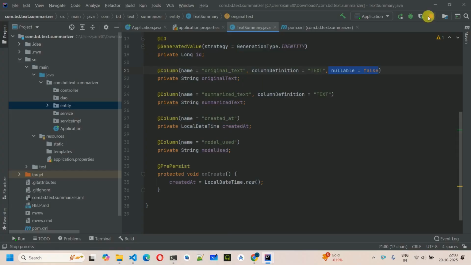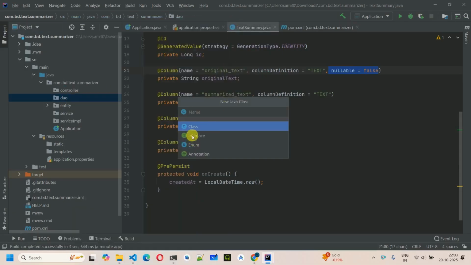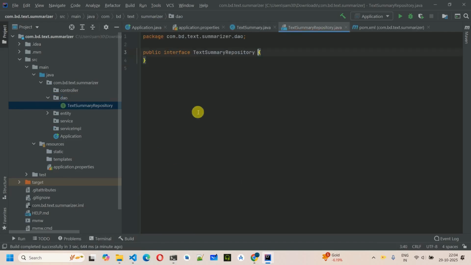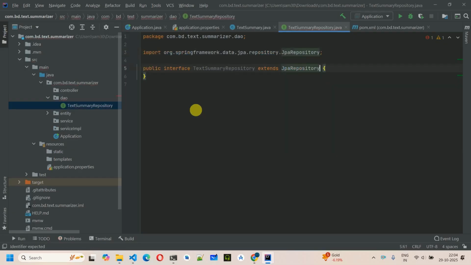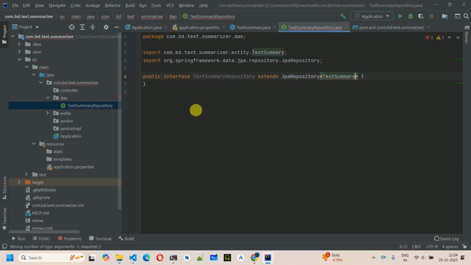So let me stop this. And the next thing we have to do is create the DAO for this one. So go to DAO, right click on this, Java class, and select interface over here. And this will be text summary DAO, you can write, or repository. Create this one. This will basically extend JPA repository, and this will have text summary, which is your entity, you